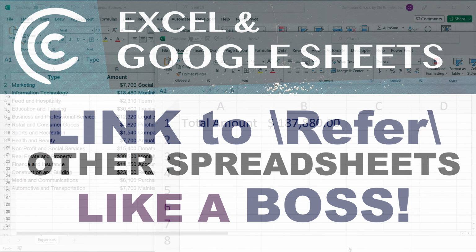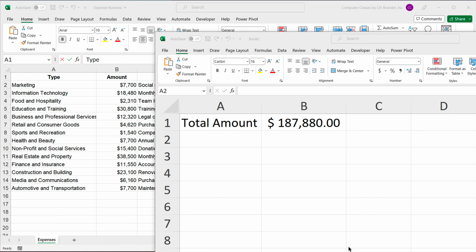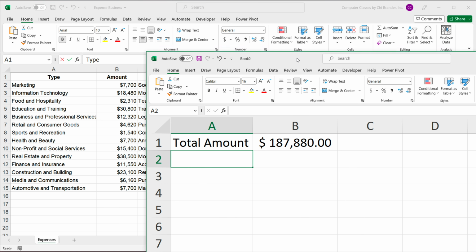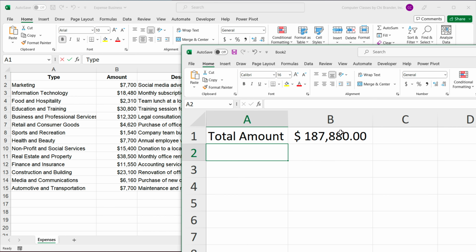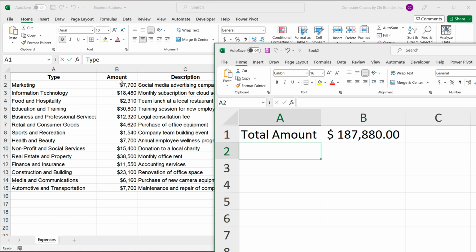In this video, I'm going to demonstrate how we can link or reference other spreadsheets in Excel or Google Sheets in a way that those references don't break and automatically update. So if you look at this particular example right here, you'll see that I have this amount that gives me the total in a different spreadsheet based on all of these amounts I have in this other spreadsheet in the